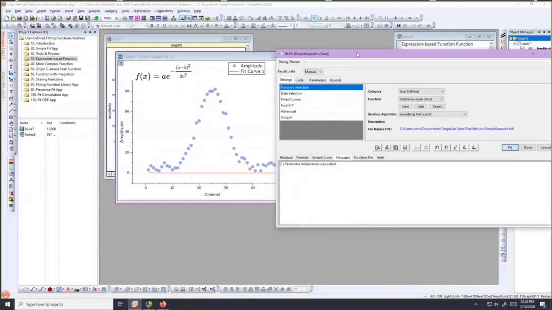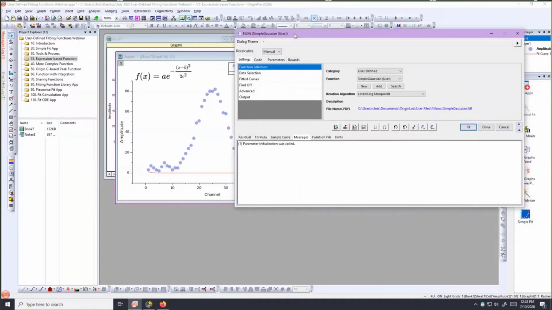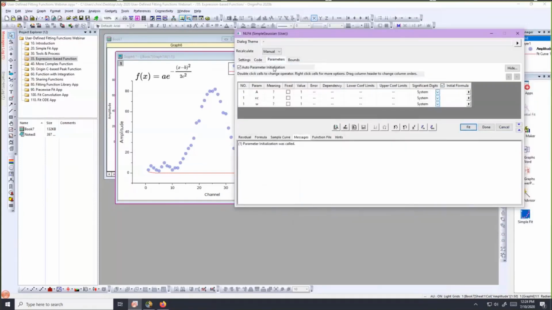I did not give them sensible initial values when I defined the function. But as you may know, in our NL fit, our actual fitter, we can give them initial values here. So let's use the same values we did with the Simple Fit app: 80 for amplitude, maybe 23 for the peak center, and maybe 5 for the width. And when I initialize them here,